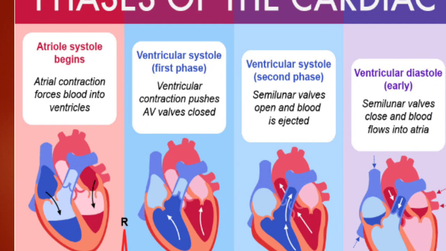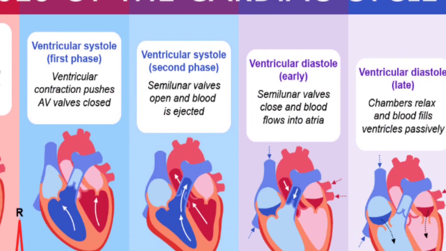First, when the atrium contracts, the blood will enter into the ventricles. Second, when the ventricles contract, what happens? The blood is pumped into the pulmonary artery and the aorta. The pulmonary artery will carry blood to the lungs for purification and the aorta will carry the blood to the rest of the body. Now this was about ventricular systole. The blood after the ventricular systole is going to the aorta and pulmonary artery.